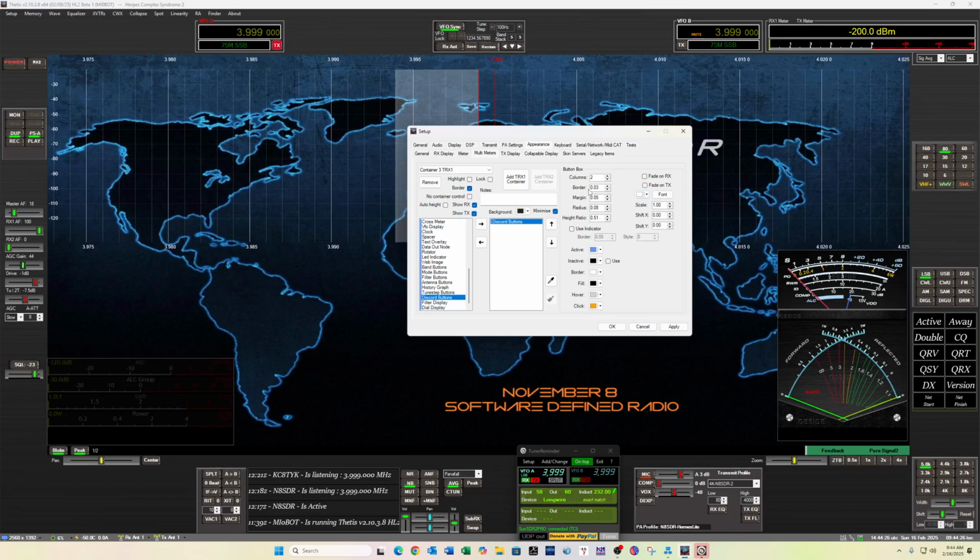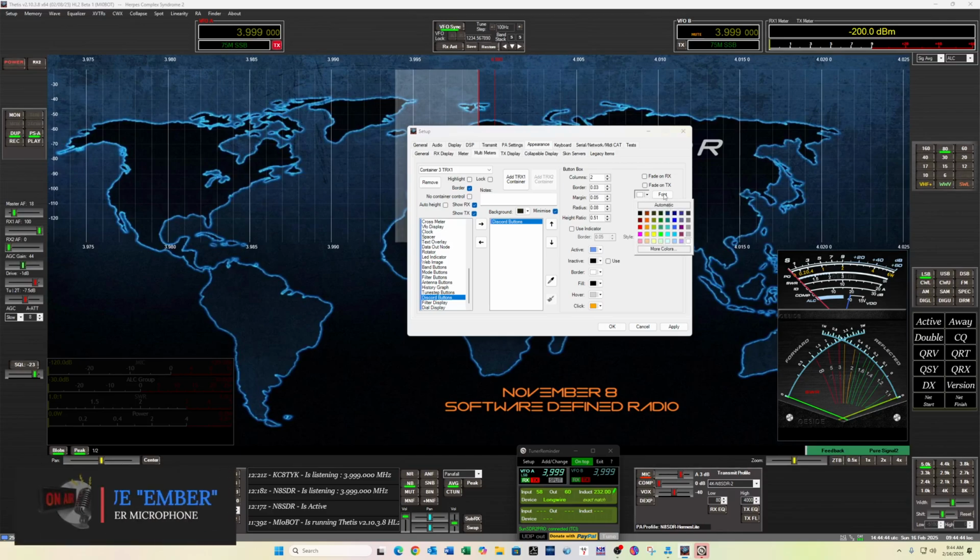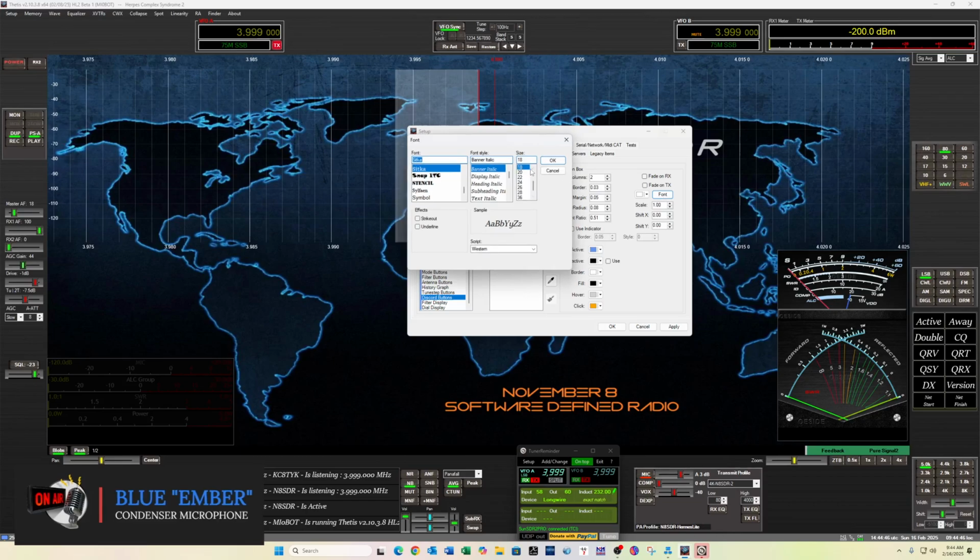Now, one thing to note, the color buttons over here for this really don't do too much. You can change the color and the font of the text that's displayed up in the buttons themselves by clicking the drop down box here for the colors. And again, likewise, clicking on the font, you can change the font style and the size. And then once you have your container,